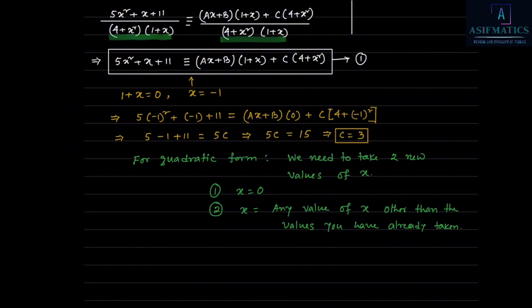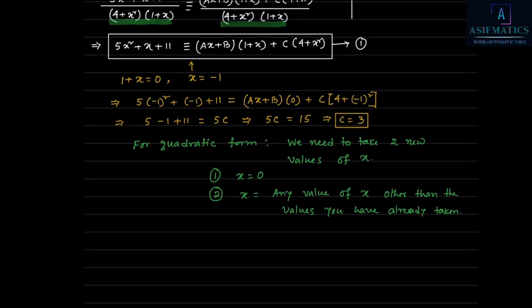So those values you have already taken, like 0, and previously we have taken minus 1. So these two values you cannot choose, other than that you can choose any value of x. So first one, let's take x equals 0. So if I take x equals 0 now, and I put this x equals 0 value